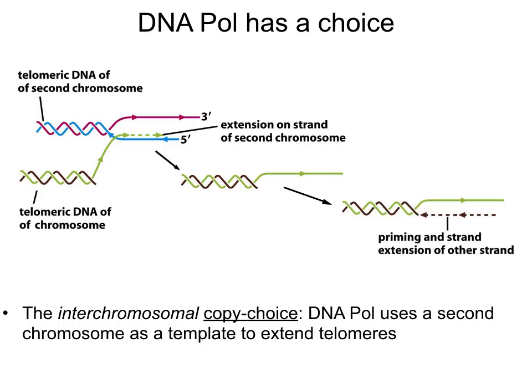So you can imagine a primase can come in, generate primers, and then DNA Pol can synthesize the complementary strand of that strand that had been extended by this copy choice mechanism. So again, it's like an efficient version of template switching targeted to the ends of chromosomes. So this ALT mechanism seems to be present in those cancers that lack telomerase activity. And understanding the mechanisms that control this interchromosomal copy choice will be very important for thinking about therapies